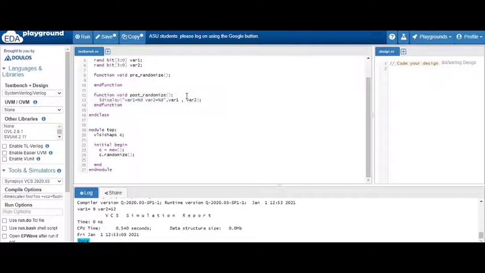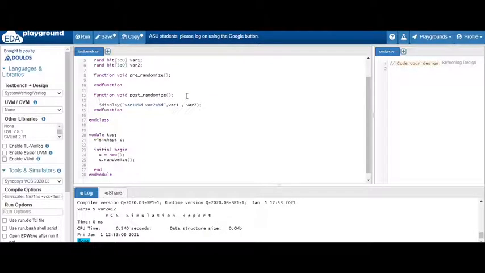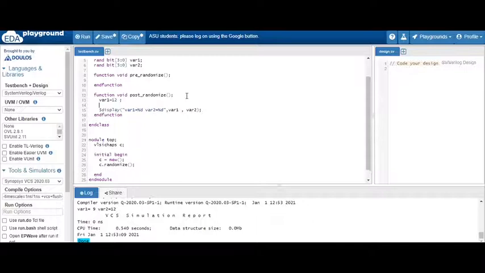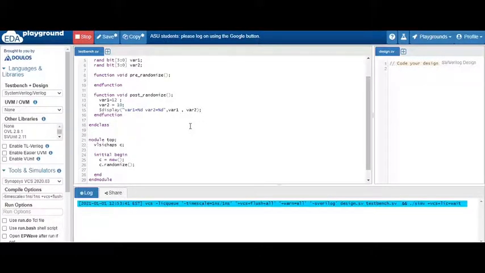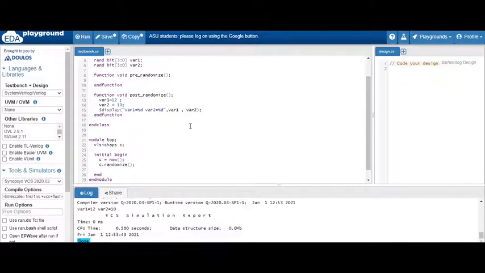You can do anything, you can change the value of these variables also. If you want the value of variable 1 to be changed, you can write 12. And also suppose variable 2 equal to 10, it is going to change after randomization. Even if the randomization has happened, even if you are assigning the randomized values, after randomization your values will be 12 and 10.